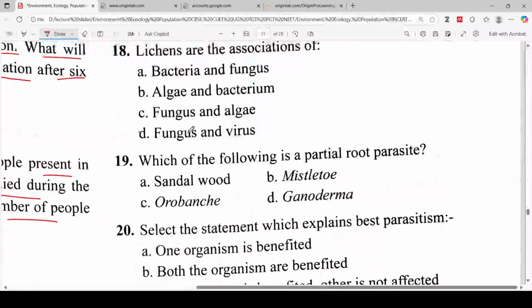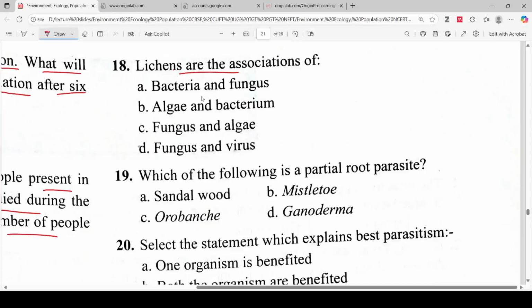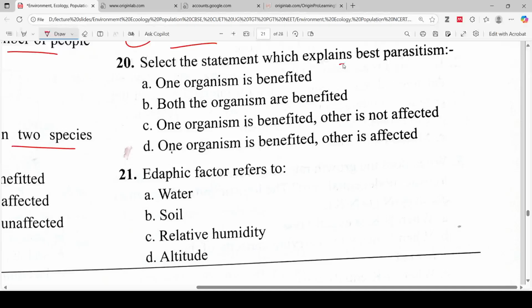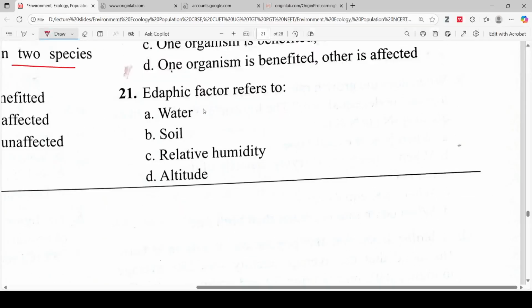So the next question, lichens are an association of algae and bacteria, fungus and algae. So the correct answer is option C. Which of the following is a partial root parasite? So the correct answer is option C. Next question, select the statement which best explains parasitism. So the correct answer is one organism is benefited. Edaphic factor refers to the soil. So next question,